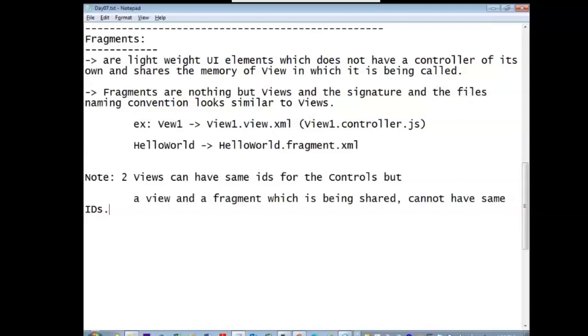Fine. Fragments must be created when the browser starts up. When the browser has started up, and you are invoking from any event as an end user, then the fragment has to be started. An object of the fragment must be created in the browser's memory. If it is not created, you have to create it. Clear? So let me show you the signature of the view. Then only you can understand the signature of the fragment. Just give me 2 minutes. Let me open the Eclipse tool.